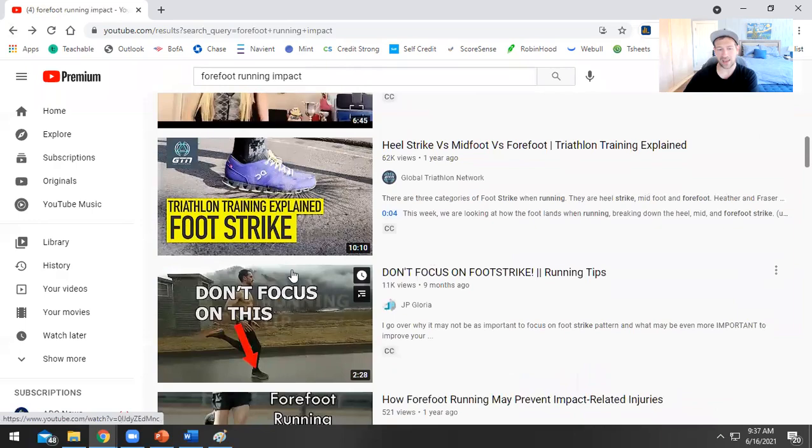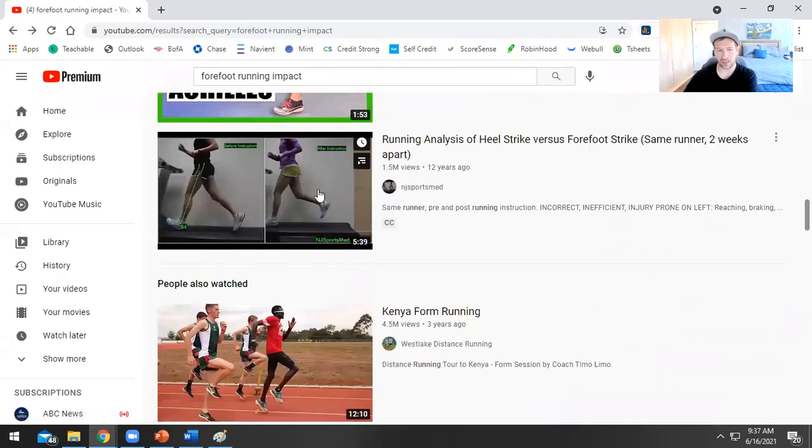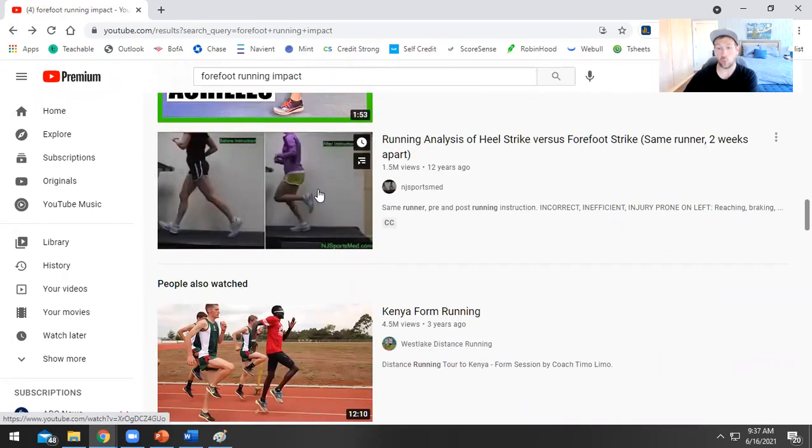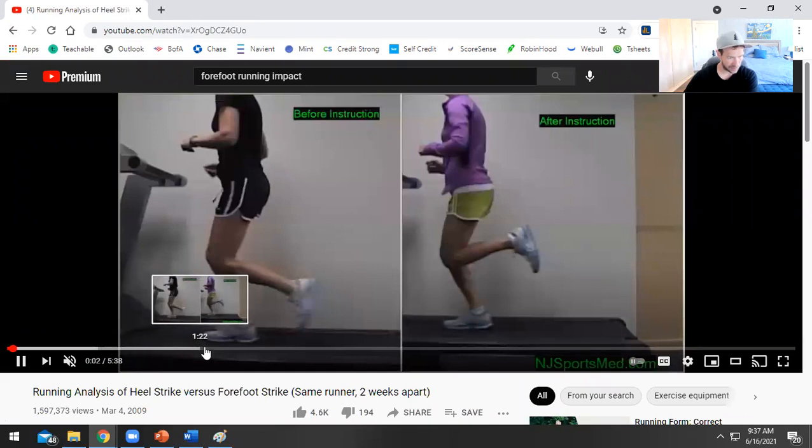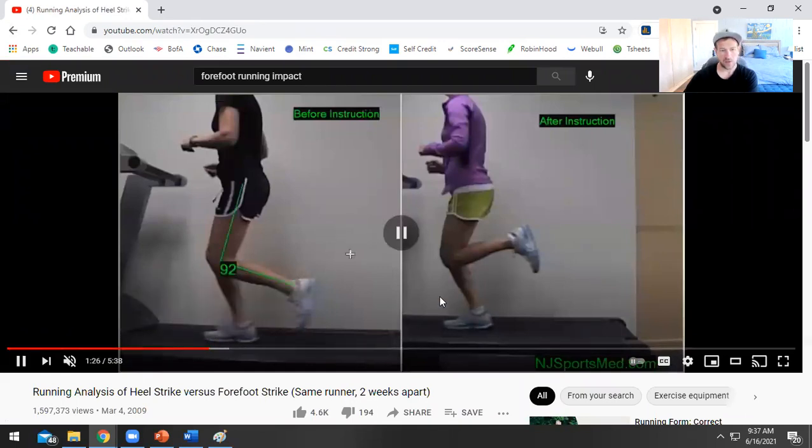When you look at the amount of impact that someone makes while running, you can actually watch. Oh, actually, here we go. This is not the video, but it's the same thing. If we look at the angle of this person, in this version she's not performing much knee flexion, which makes it harder for her to transition from one step to the next. Whereas here, she's got lots of knee flexion.